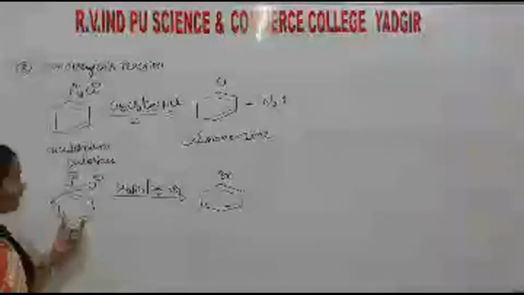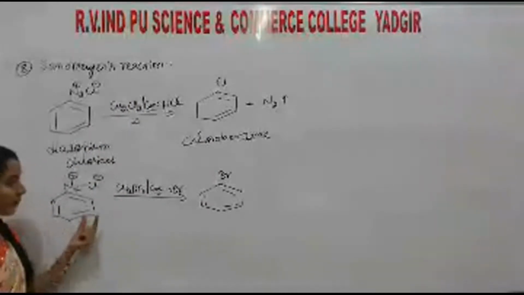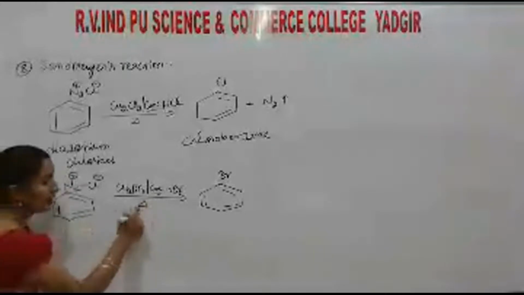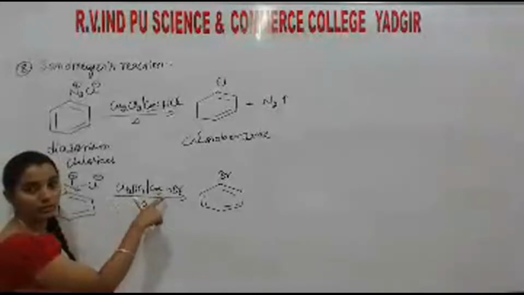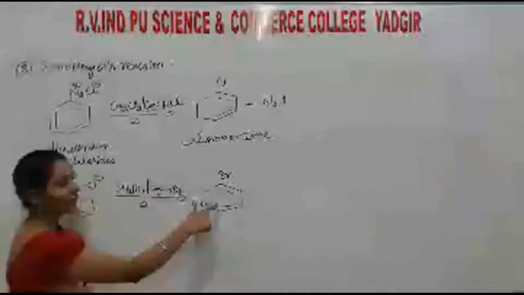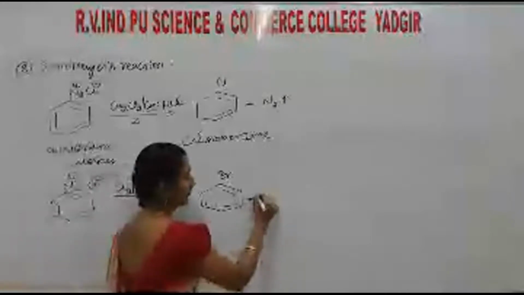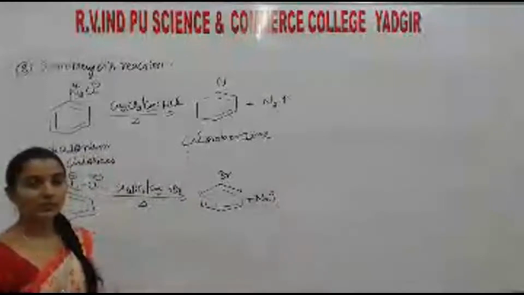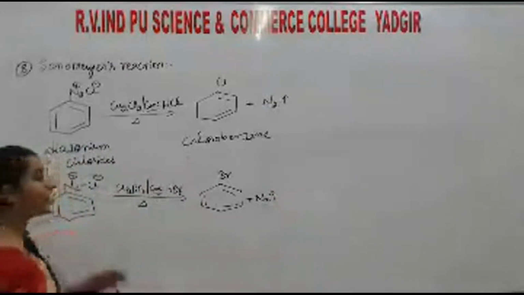Okay, next, when diazonium chloride is heated in the presence of copper bromide and concentrated HBr, it forms bromobenzene along with the liberation of nitrogen. This is the explanation. That is Sandmeyer's reaction. Understood? So the next one is